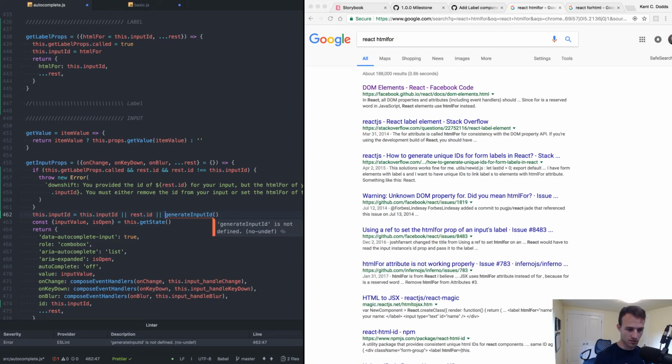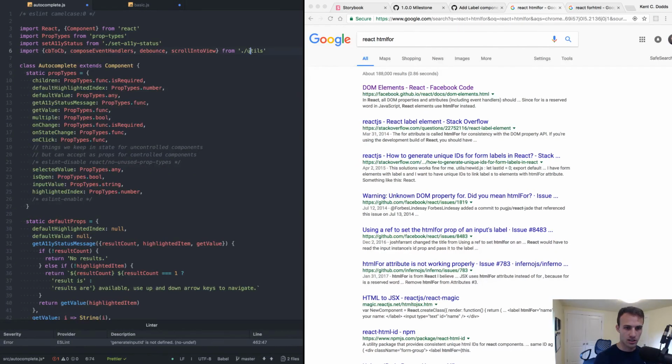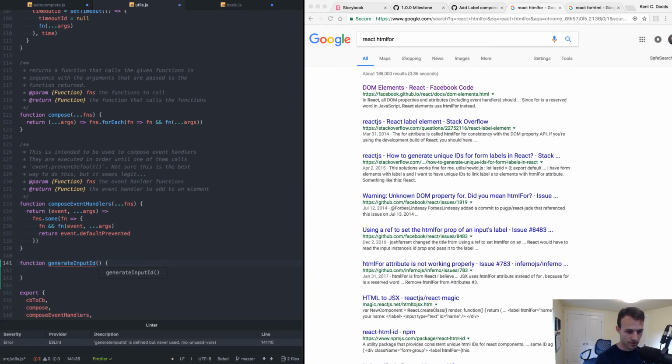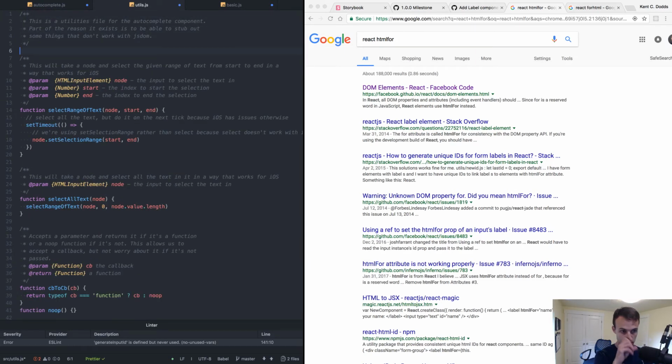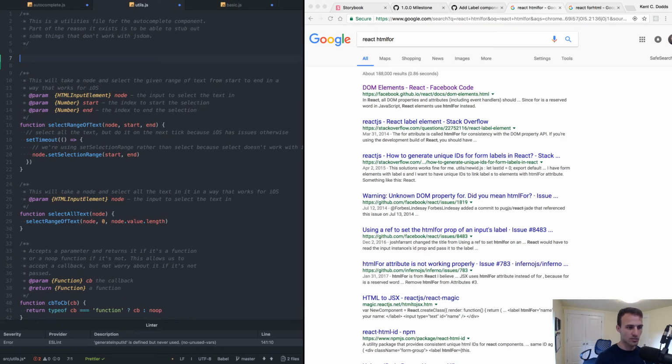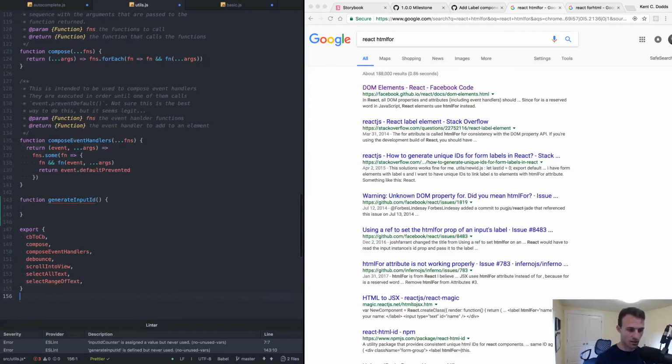I don't think I need that on the instance. We'll just make that a global function. We'll put it in utils actually. And we'll say, like doing all my const declarations at the top, const inputIdCounter equals 1. Can I make an ID a number? Or no, we'll just do